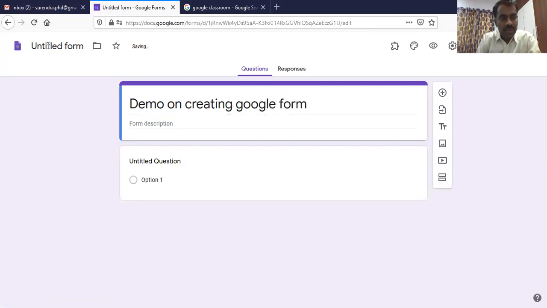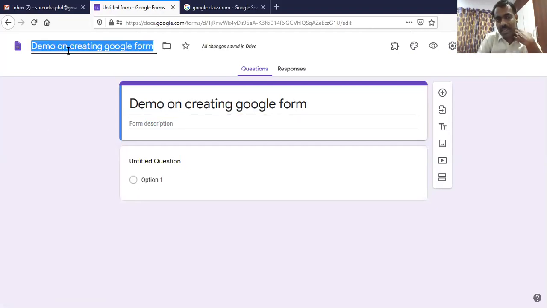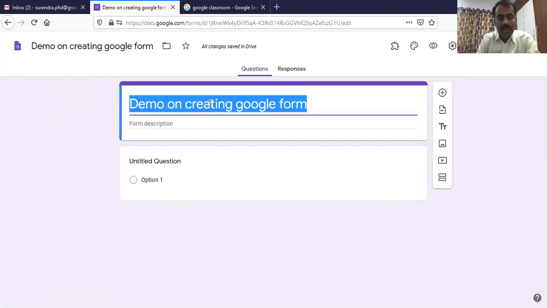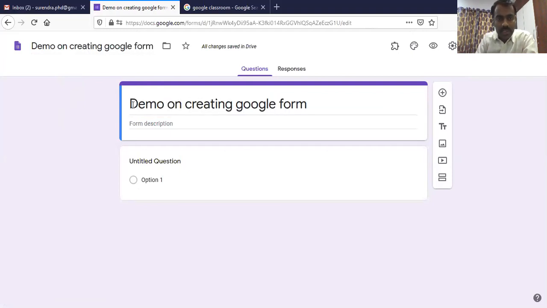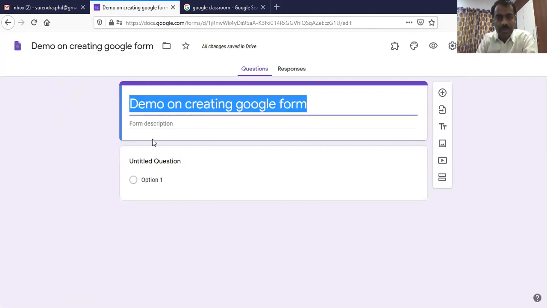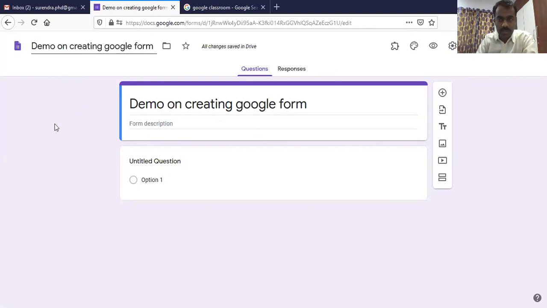And here you have to save this one so that whenever you want to access this Google Form later from your recent forms, it is better to give some name here. It is not necessary that this name and here it is both should be same, but if we keep it same also, no problem. Okay. If at all this is a longer form, then we can have here a smaller name just to recognize. Right? So we have given a title of our form, demo on creating Google Forms.